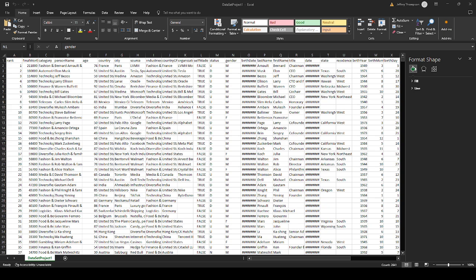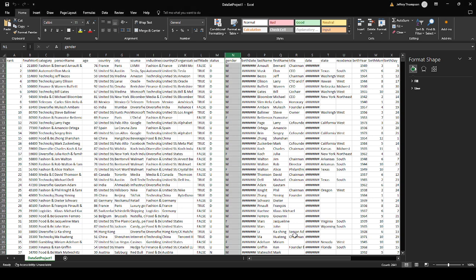This is the data set we're going to be working with. It's a list of billionaires compiled at 2023. It's an individual list of each billionaire. It has their personal name, their age, their country, and the city they live in, where the source of their income is, what industry they're in, their country of operations, so where they live, where they operate mainly, the name of their organization, if they're self-made, which this talks about